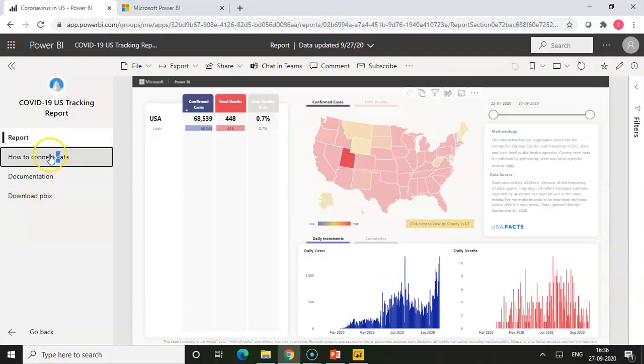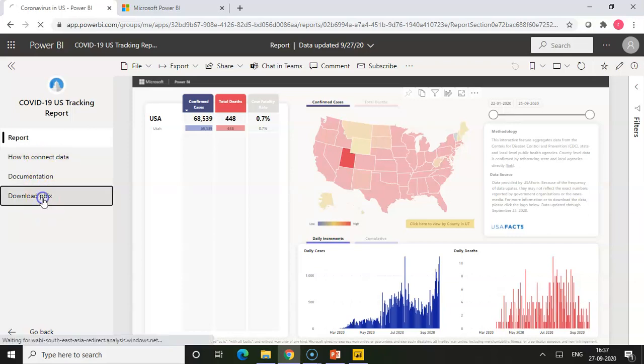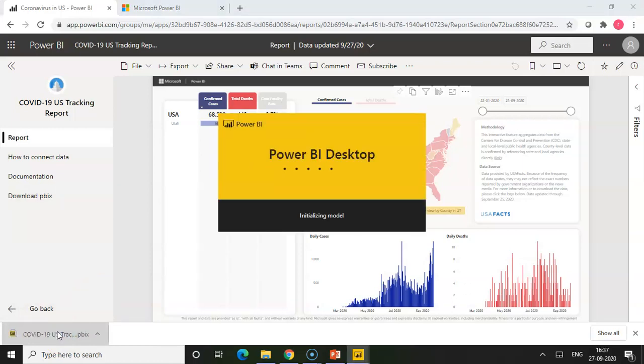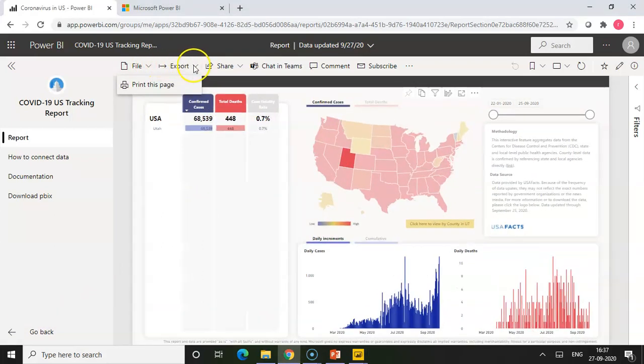It will also take you to various documentation and videos, and you can also download this as a Power BI report. Power BI reports or dashboards come with the extension PBIX. Now I can open this in the Power BI desktop. You also have options to export this particular dashboard as a PowerPoint or a PDF,